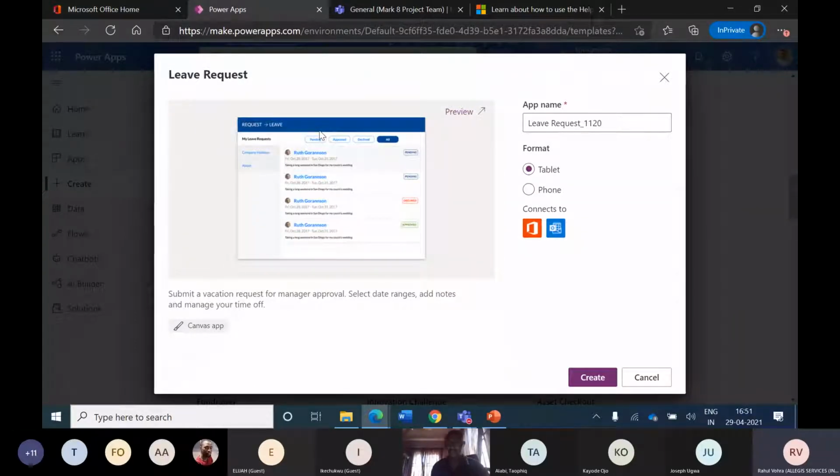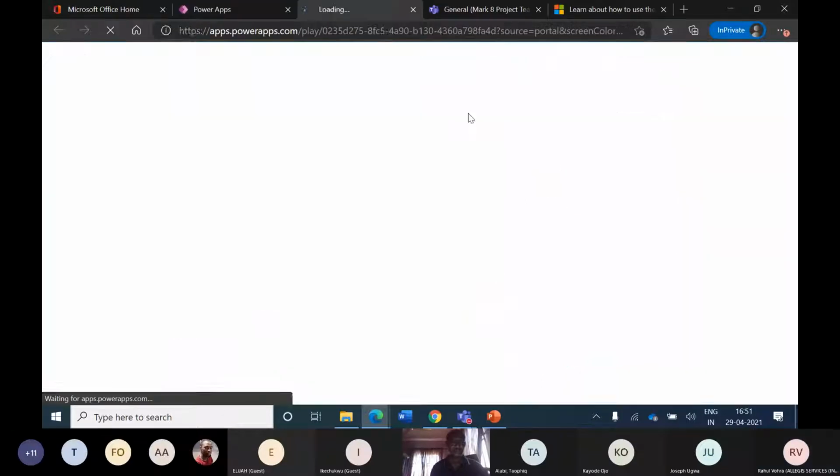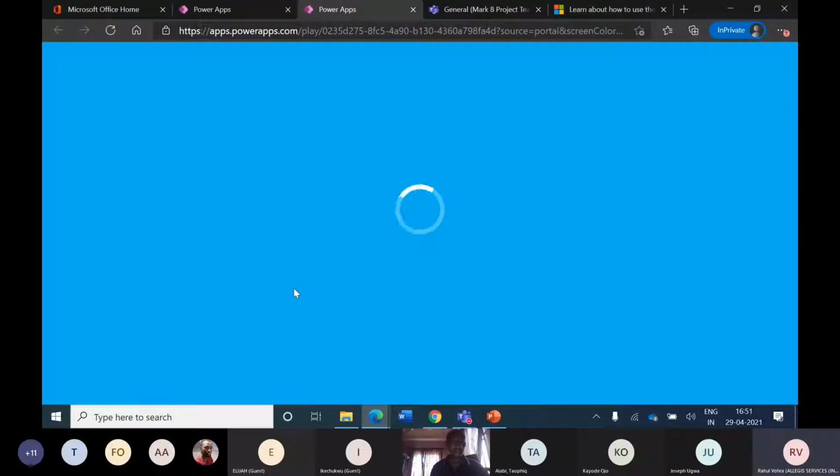This is another example we are looking at, a very commonly used use case of leave request. Let's see how this looks again in the preview mode.